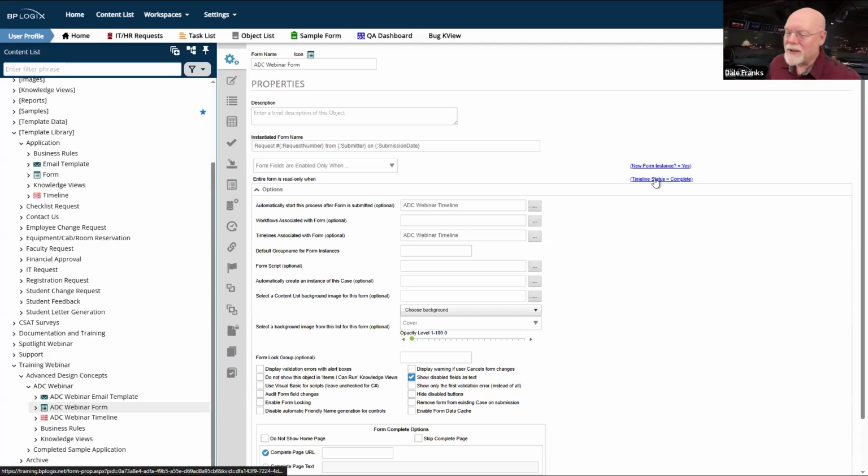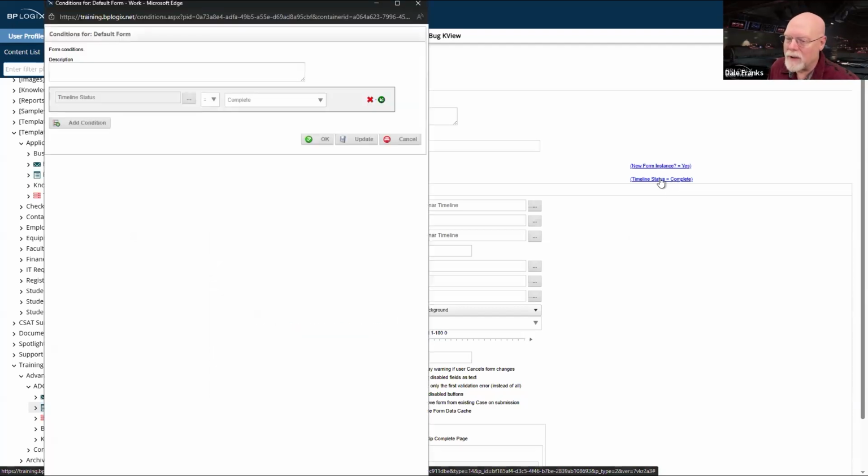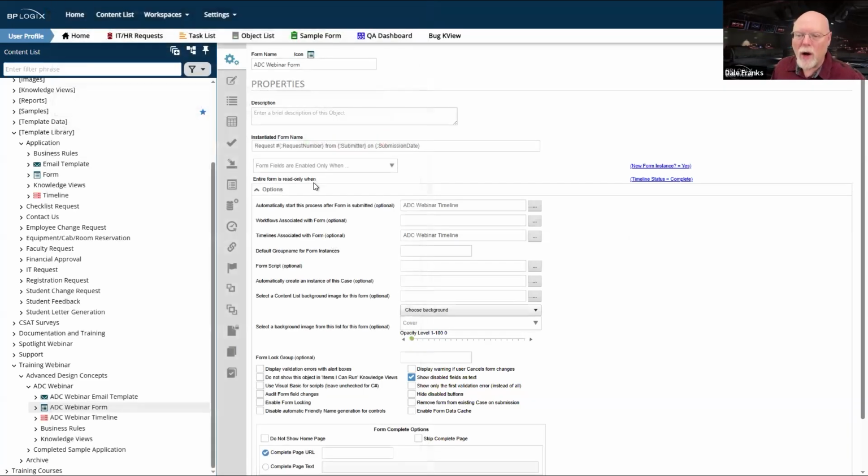So this is kind of a belt and suspenders thing, but what it basically says is, once the condition is timeline status equals complete, so once this timeline is complete, I want to put this form instance into a non-editable state, a read-only state. Again, this only affects whether the form can be saved. It has no effect as to whether controls are enabled or disabled, visible or invisible. It just prevents the form from saving.